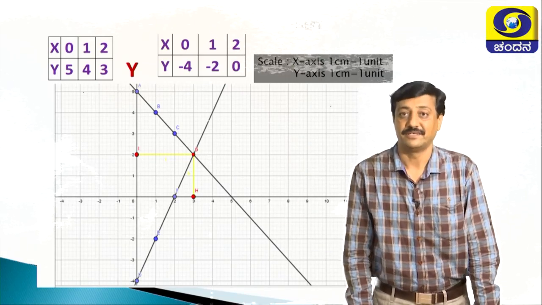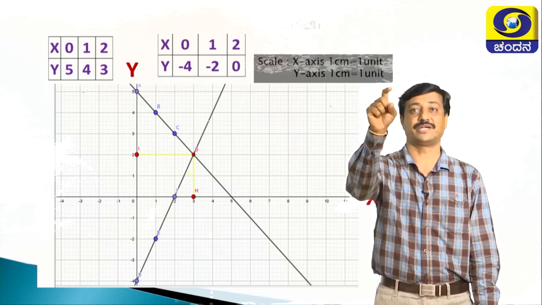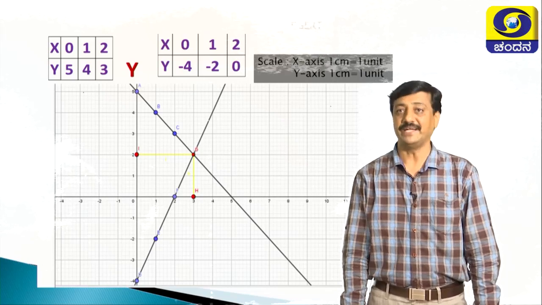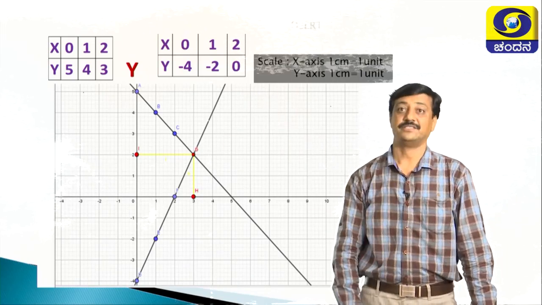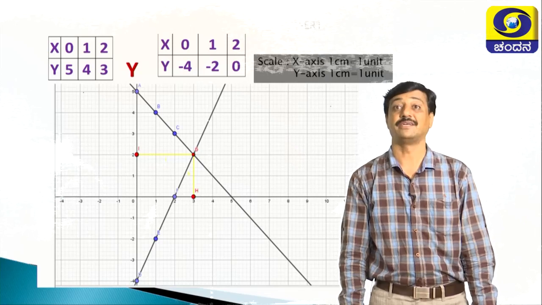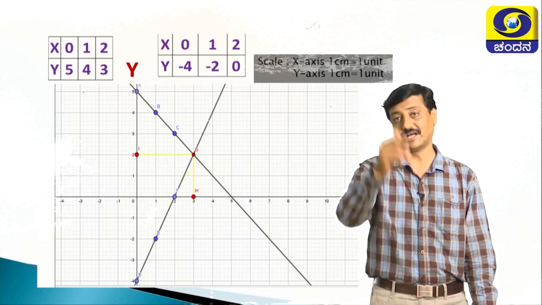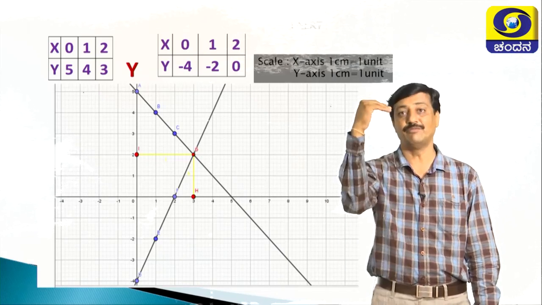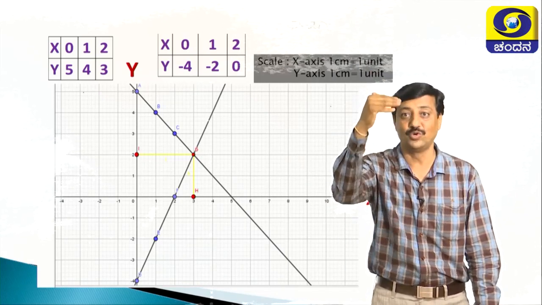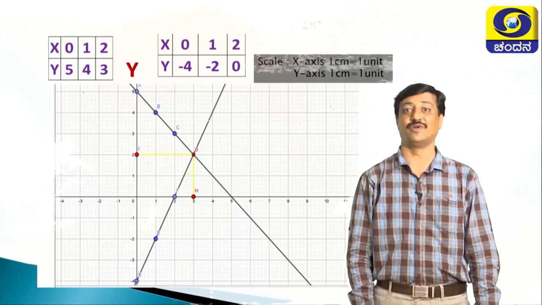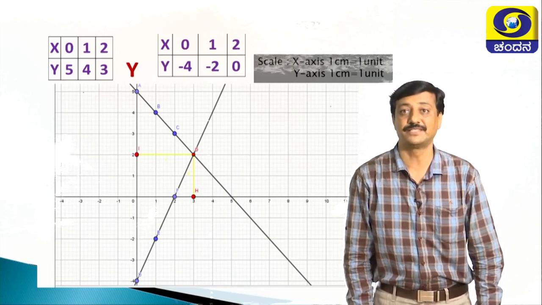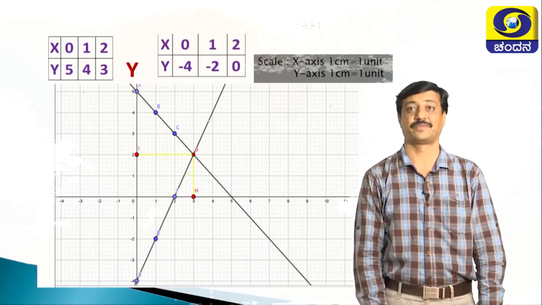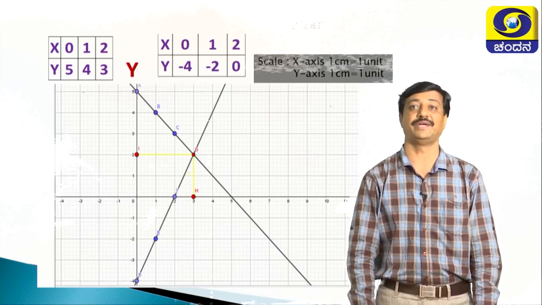After this straight line, now you have to start locating the second table points. From the second table, the first point is 0, -4. Now locate 0, -4 on the graph sheet. The x value 0 is along the x-axis only. For y value -4, you have to move towards the negative y-axis, I mean downwards. Hence the point 0, -4 lies on the negative y-axis. The second point is 1, -2.